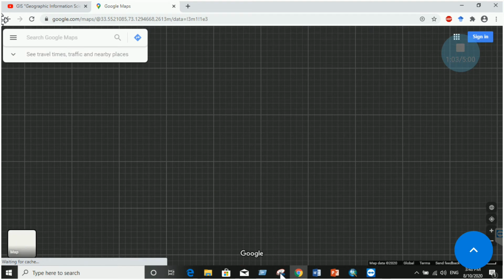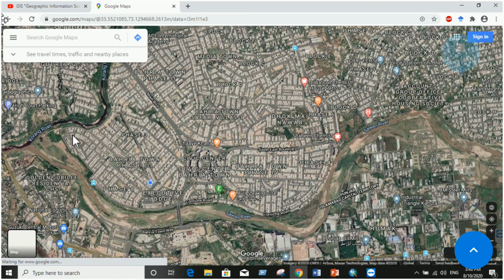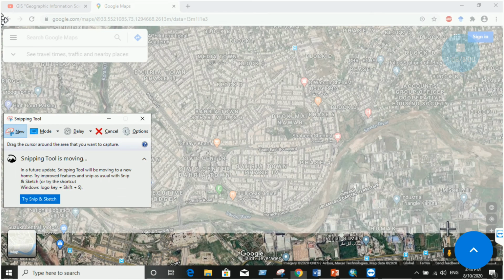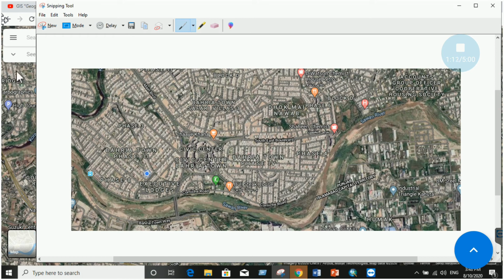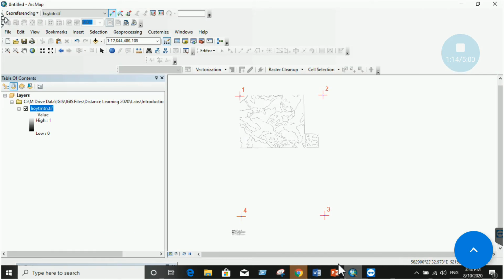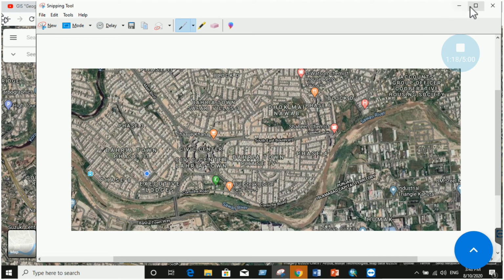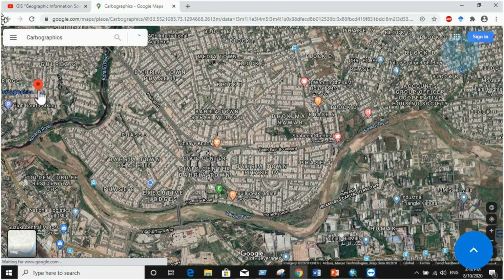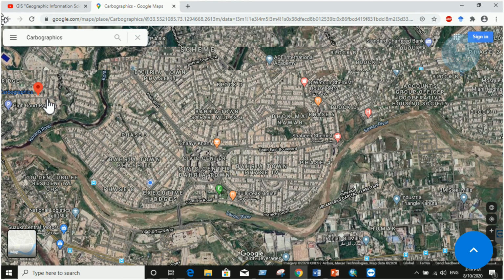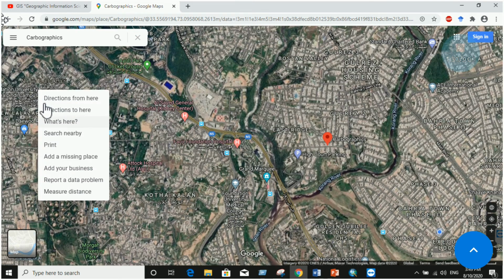Now in this satellite view, I am taking a snapshot with a snipping tool of this area. Now if I open this image in my ArcMap environment, I can georeference that image by noting the control points. How to note that? For example, I want this to be my control point. If I click on this and right click and select what's here,